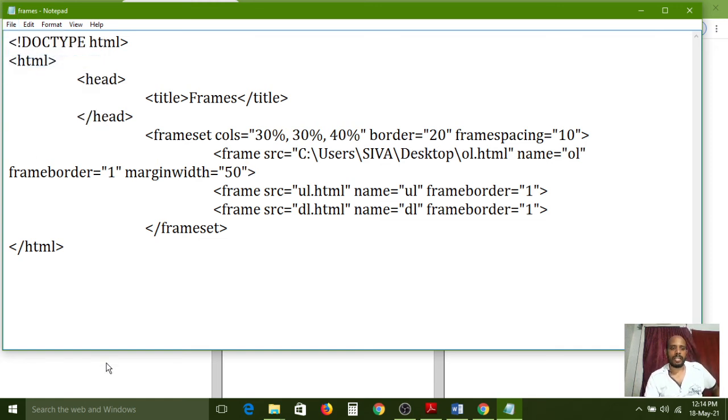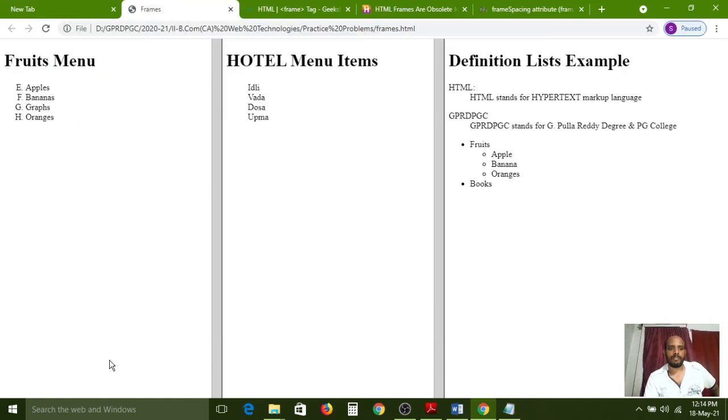Save. Now I am refreshing the page. For the first panel, the space occupied is 50 pixels of size, 50 pixels of space occupied. It has more space we have now. The first panel, the first frame. The second frame has normal, it can take. For your understanding purpose, the definition list is attached to the border at maximum.